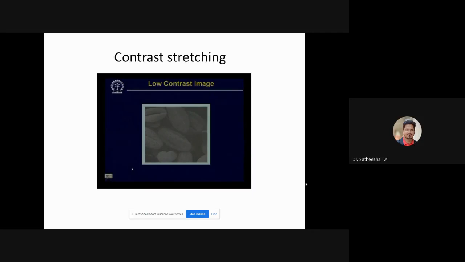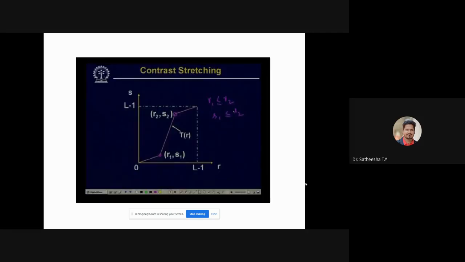The purpose of contrast stretching is to process such images so that the dynamic range of the image becomes quite high, so that the different details of the objects present in the image are clearly visible.